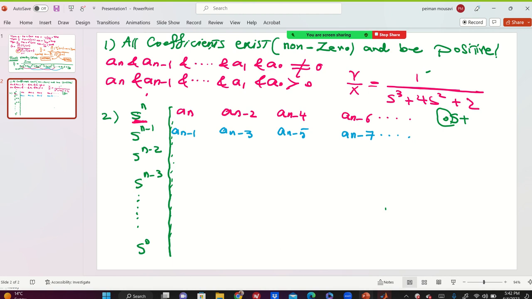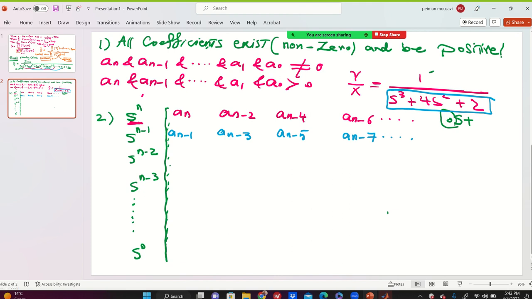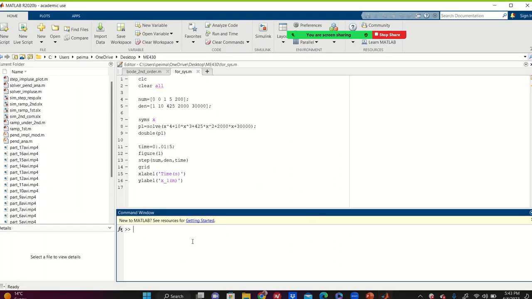Before going there, let me solve the poles of this system in MATLAB. Okay. Can I? Yes, I can. Why? Because I'm professor. So, see this, guys? If I say syms x and solve this equation,